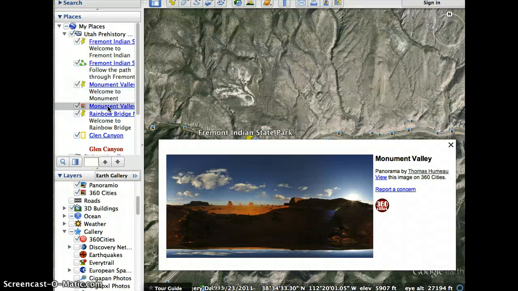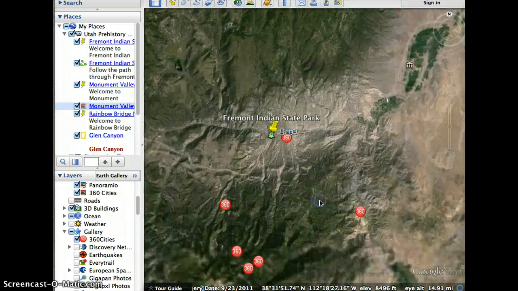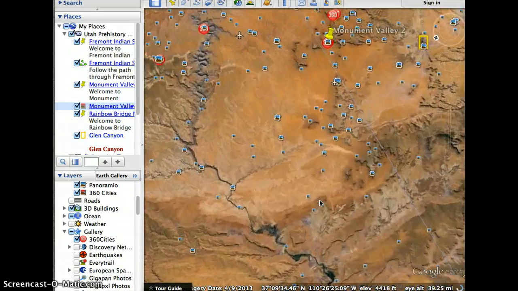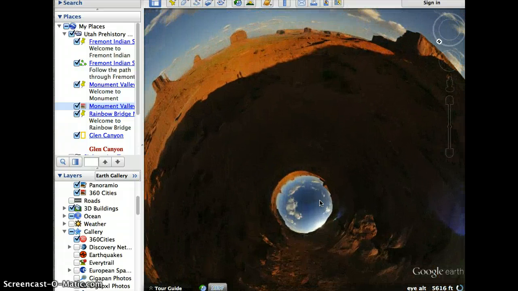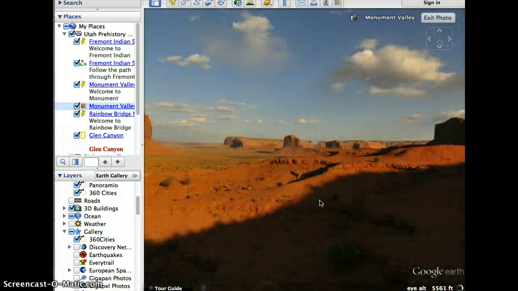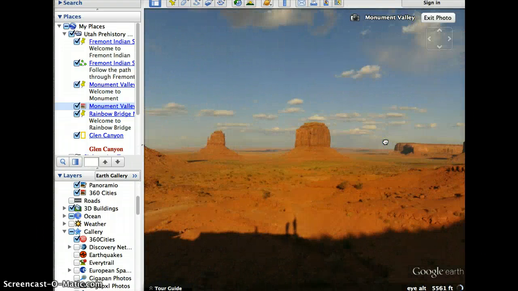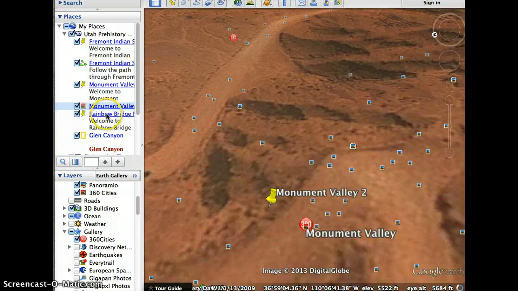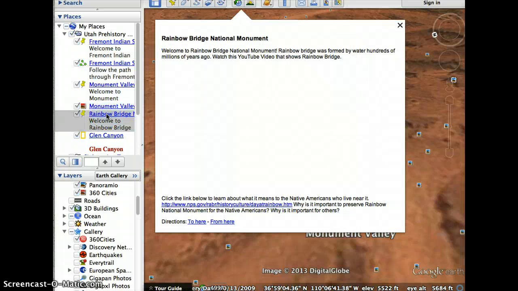And then they will click on this picture, which gives them a 360 view. That's really cool. Of Monument Valley. It's again another view of the kind of rock that's in this area. And then the last place that they will travel to is Rainbow Bridge, which is near Glen